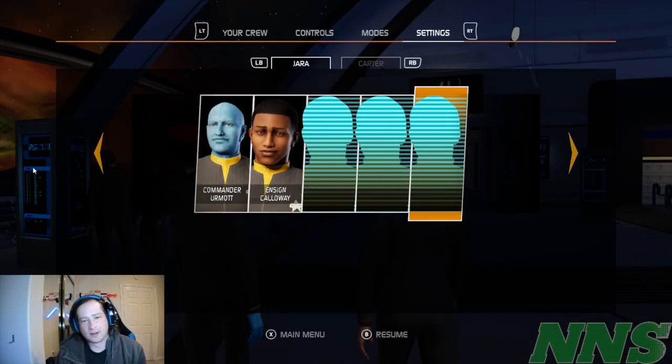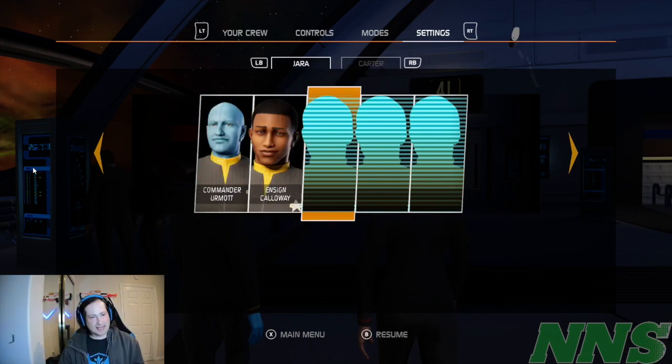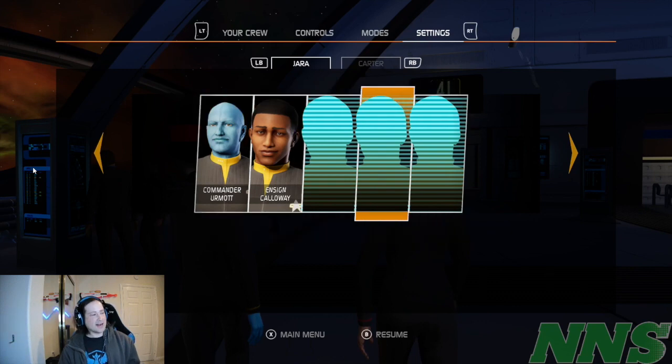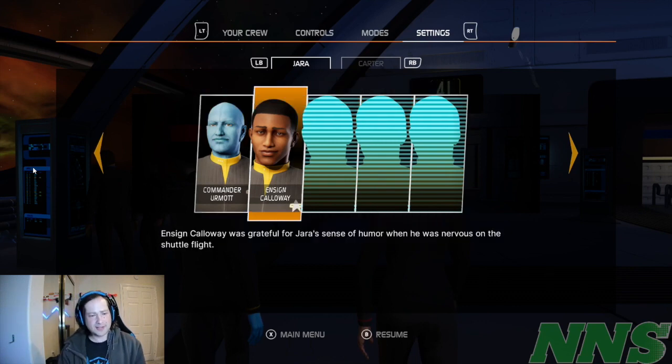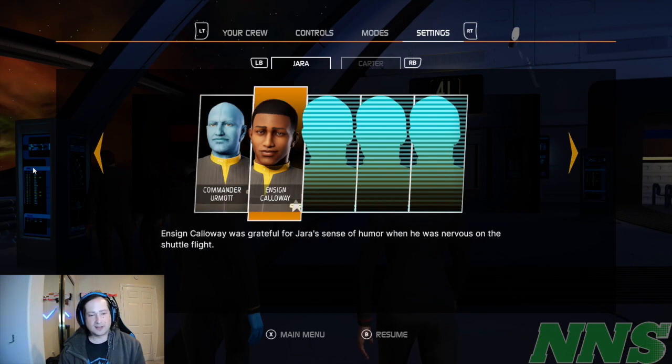I wonder if it's just every chapter I get 5 people that I'm going to interact with. Ensign Galloway was grateful for Jarrah's sense of humor when he was nervous on the shuttle flight. Jarrah made a good first impression with Commander Ermot, coming off as inquisitive and appreciative while showing empathy for what the...